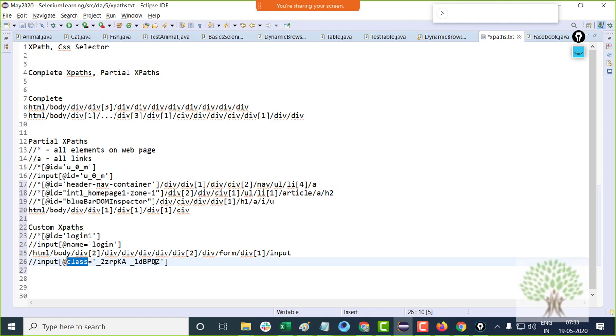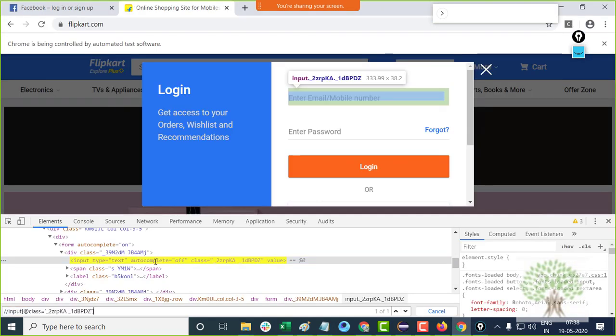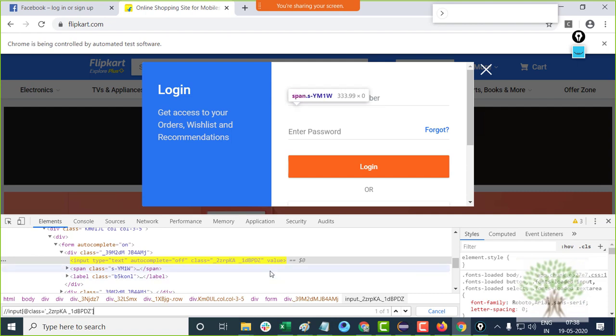There can be multiple elements in the page which can have same class. So when I test it, fortunately I just get one element. So that means I can have this particular XPath.